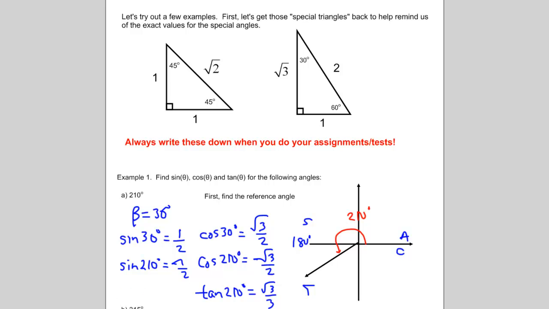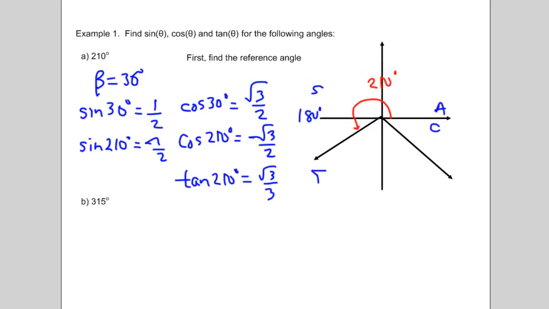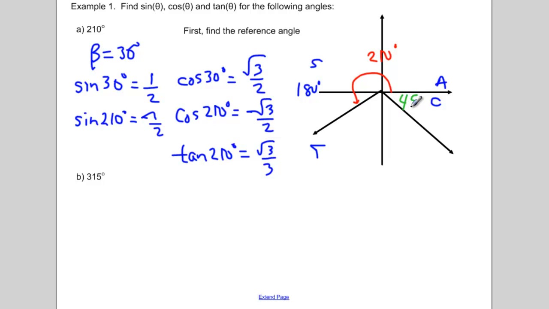The second example down here, 315 degrees. I'll just quickly talk about it. 315 degrees is after 270 but before 360, so it's in fact halfway between those two, in quadrant 4. So I know in quadrant 4 only the cosine ratio is going to be positive. And I'm using the 45 degree triangle because my beta is 45 degrees, if the rest of my angle here is 315. So sine of 45 degrees is 1 over root 2. I'm in quadrant 4, so that means it has to be negative. So the sine of 315